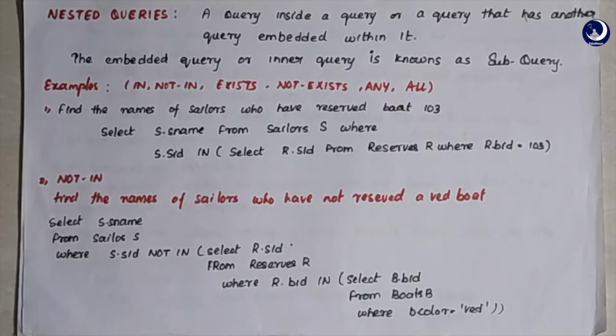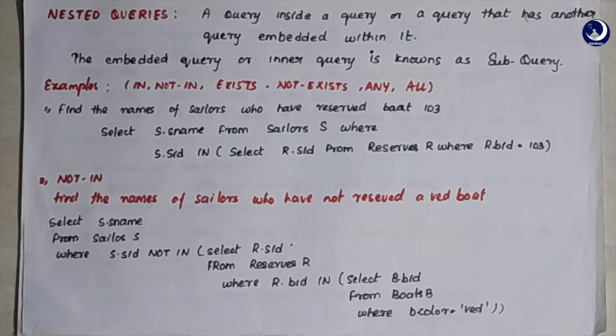So first let's select the red boats. For selecting our red boats, we need: select b.bid from boats b where b.color is equal to red. Now we have the red boats. Now select who has reserved the red boats. Fine, so take SIDs with the matching BIDs in the reserves table. We can do that with the help of the in operator: select r.sid from reserves r where r.bid is in the resultant set of red boats. With this combination, now we have the SIDs of the persons who have reserved a red boat. But according to our question, we want the names of sailors who have not reserved a red boat.